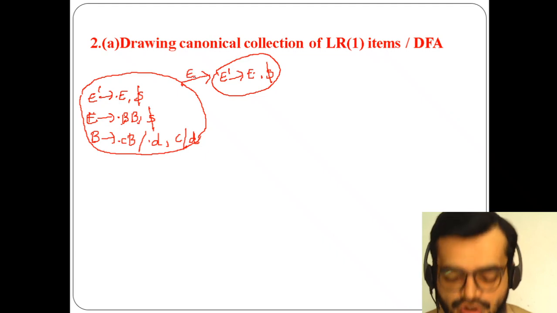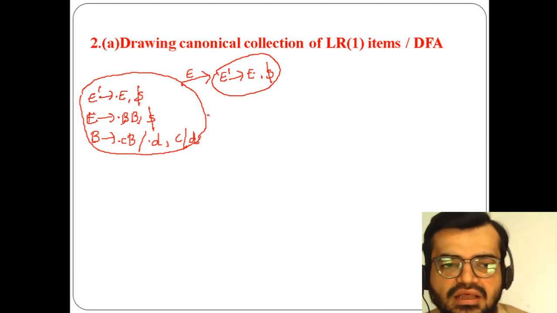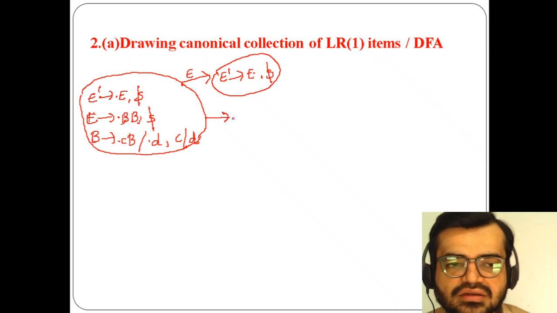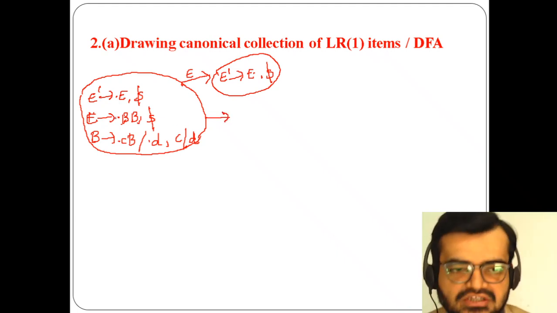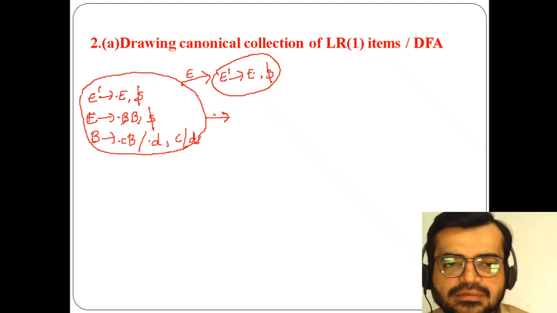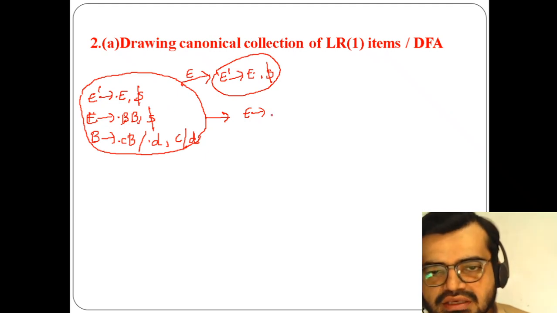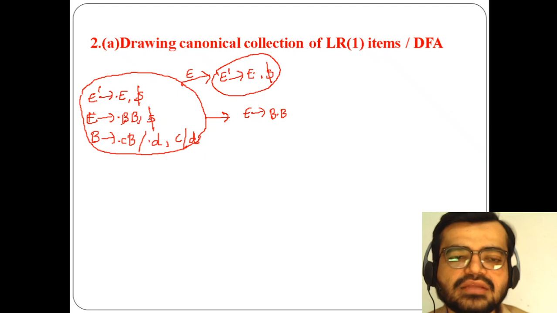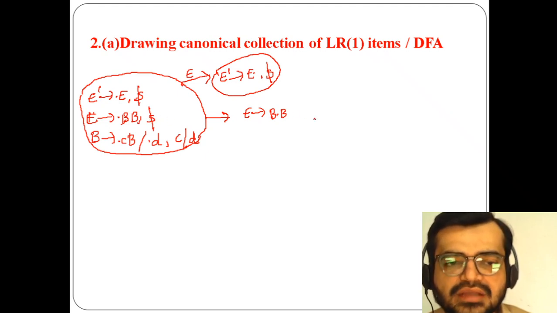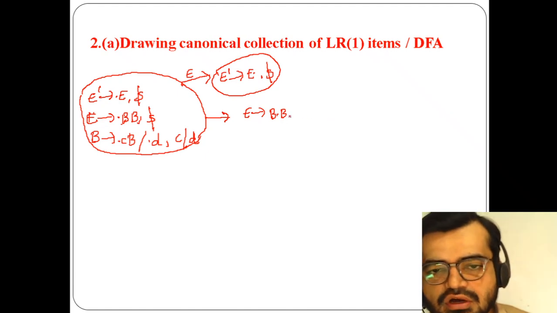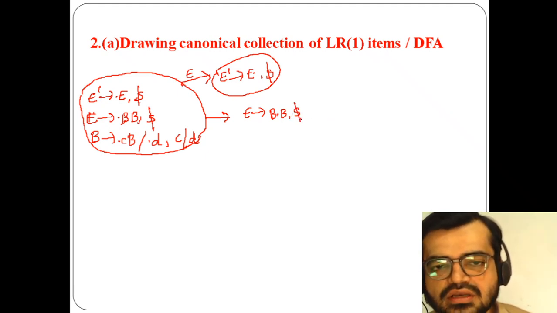Okay, so here goto operation we performed. What is the next symbol? B is there. So again I'm performing goto operation. So what is that production here? E of, this dot will move by one symbol. So here B dot B, what will be the look ahead symbol? I said the look ahead symbol for the first production E will be the same as that only. So I have to use dollar only here. So I'm using dollar here.